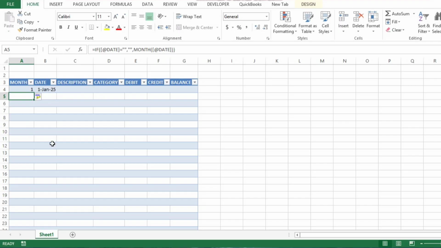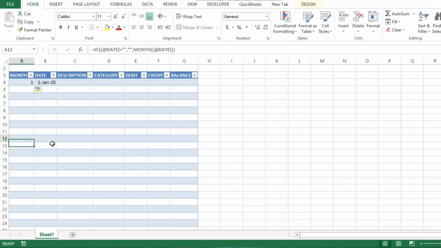और here you can see हमारा फॉर्मूला तो सारे सेल्स में हमारे टेबल में लग चुका है, लेकिन ये जो 1 या 2 हमारे मंथ का नंबर बताएगा, ये हमारा तभी बताएगा जब हम यहाँ डेट एंटर करेंगे, राइट।